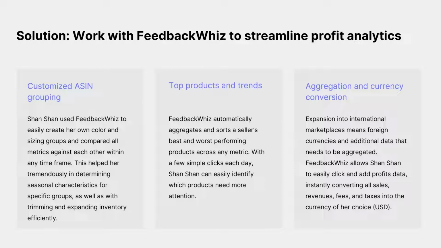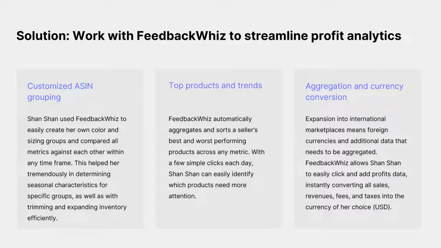And then you can take that group and pull the product profit analytics based on a specific listing or based on a specific group. So let's just say that I want to see how all my red products are doing, or how all my blue products are doing. Does this color perform better than this color? Or does this size perform better than this size in this product versus this product?